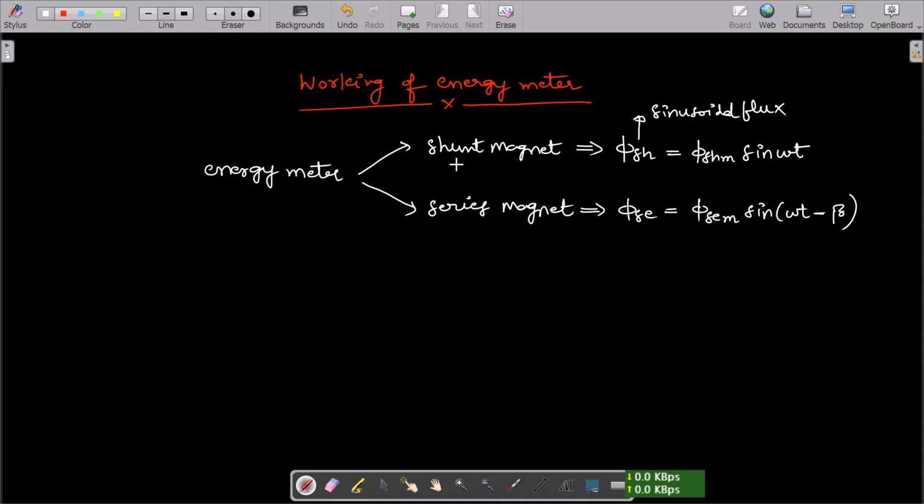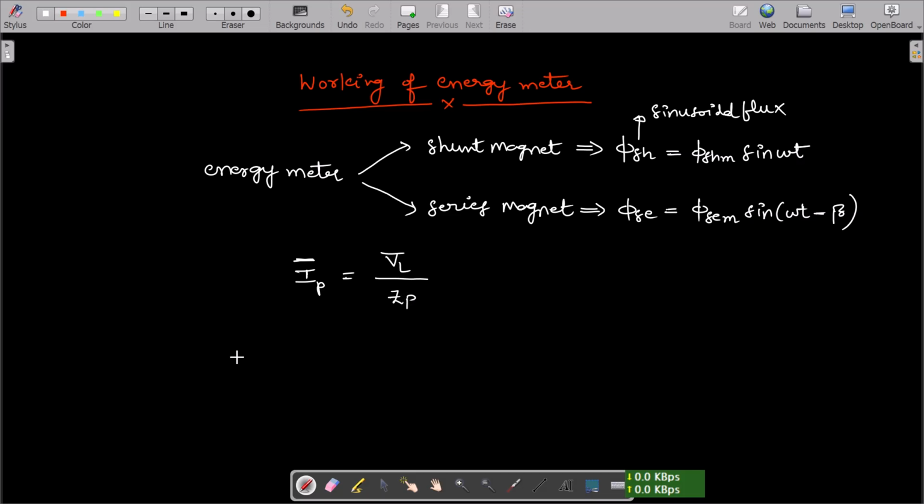The current creates flux. The current in the pressure coil or shunt coil is IP, which is given by the load voltage divided by